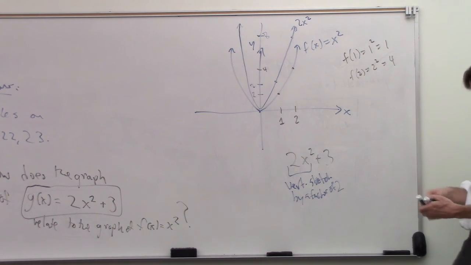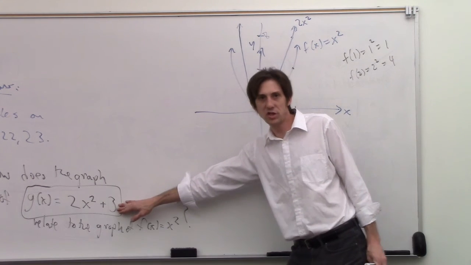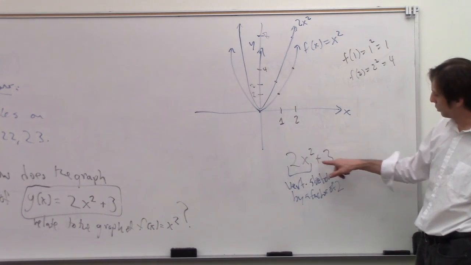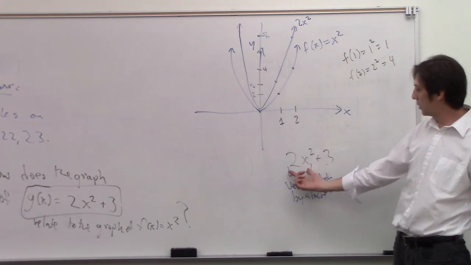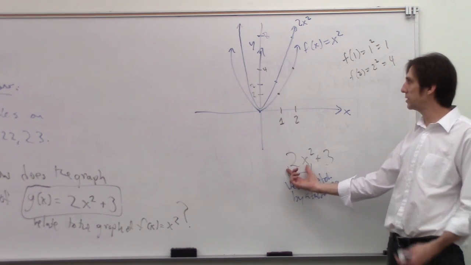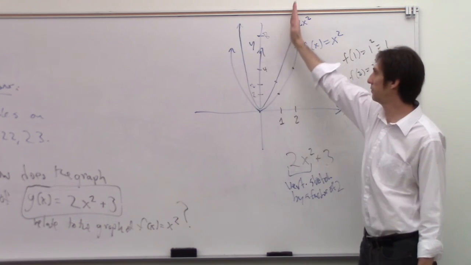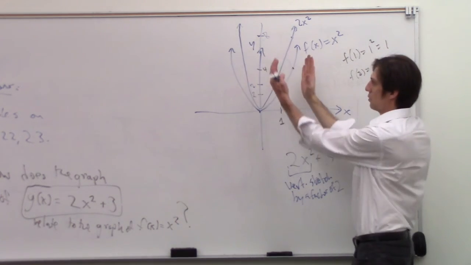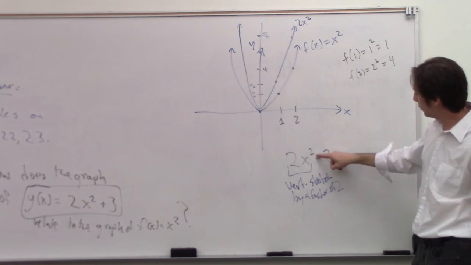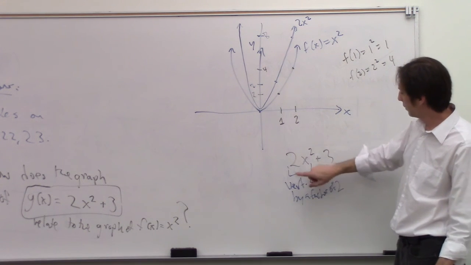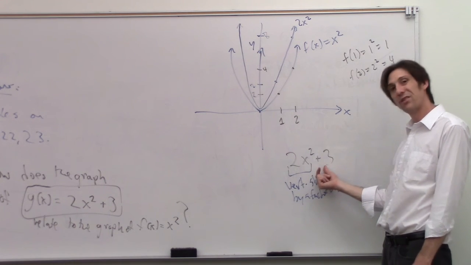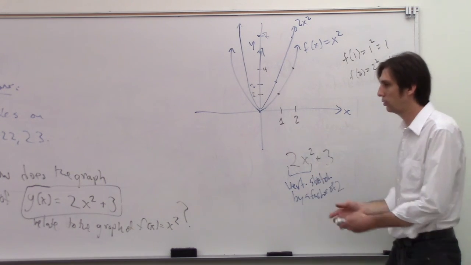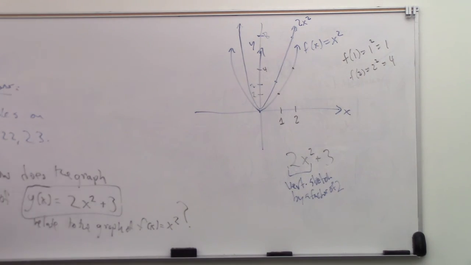But that's not the entire equation for g, because I have the plus 3 at the end. So how is that going to work? I know what 2x squared does now. It stretches my parabola vertically by a factor of 2. It made it narrower. And then having a plus 3 here means that I should do the 2x squared, and then I should just add 3 to whatever that was. So let's try to go with a red. I don't know if this one's going to appear, but